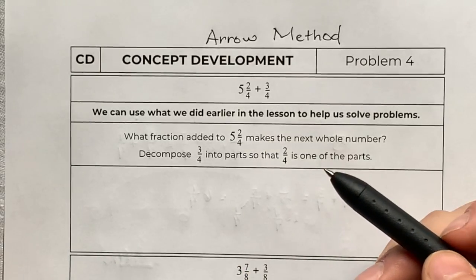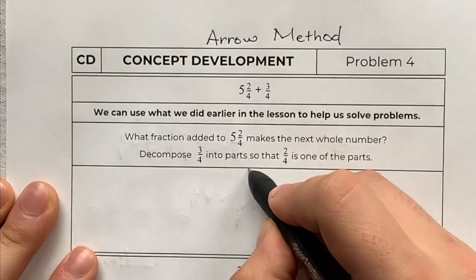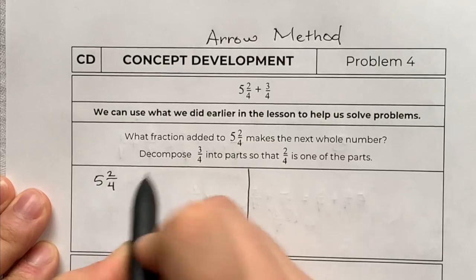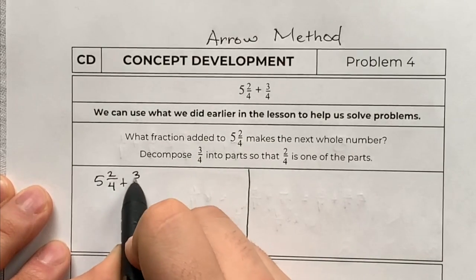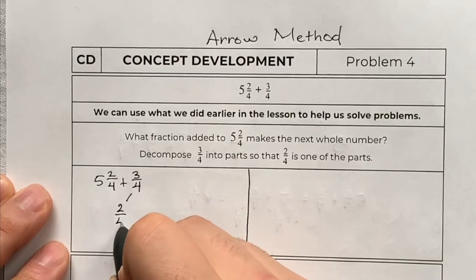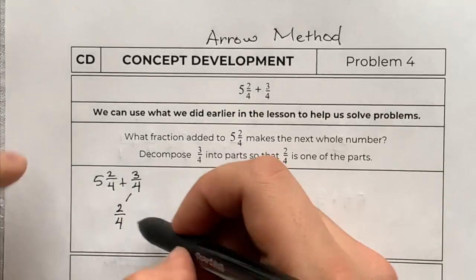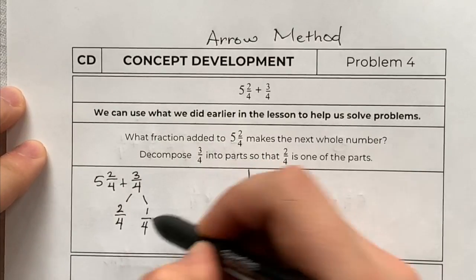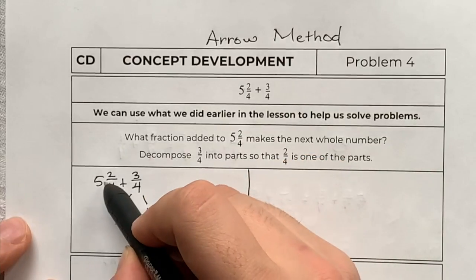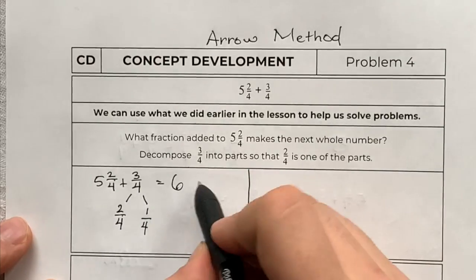I need 2/4. And to show that, I'm going to pull out the amount that I need. So I'm going to kind of split this. On one side, I'm going to do the way that we've already done. So 5 2/4, I'm going to be adding 3/4. I need 2 more fourths. Remember, I'm trying to make ones. Ones are the easiest to work with. So I'm going to pull out the 2/4 I need to make this 1, and then the other part that I need, that is just part of this number, 3/4. So if I add 5 2/4 plus 2/4, if I give 2/4 to this, that makes 6, and I have